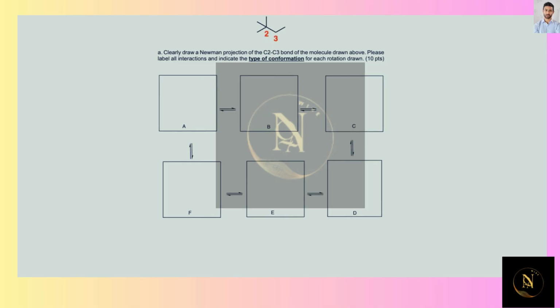Draw all of the possible conformations for the molecule that is shown over here. Just a little reminder of what is going to happen whenever we do a Newman projection: the atom that is going to be a dot is the one that we're looking at. So, for example, in this case, our eye is going to be looking into carbon 2, and the possible configurations can be, in this case, for example,